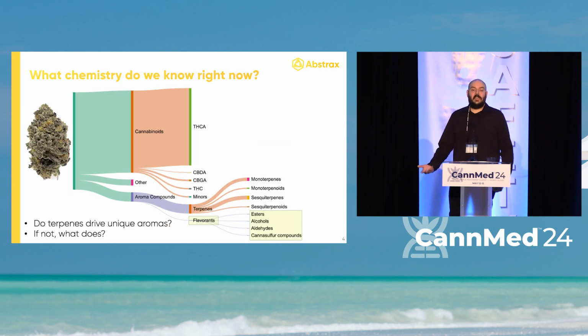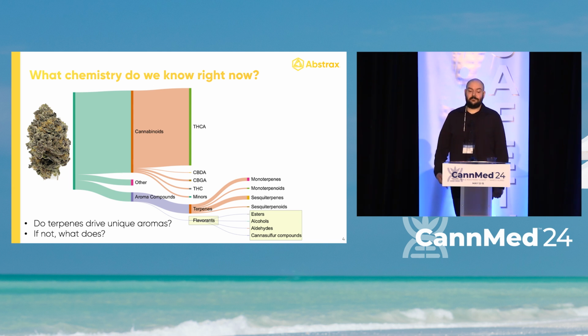And so what is some of the chemistry that we know right now? A lot of it, and this is a Sankey diagram. What a Sankey diagram does is it breaks down the metabolites of interest into how they are based on weight. And so these are proportional to the weight that's inside the actual cannabis flower material. Obviously, cannabinoids take up a large portion of it, specifically THCA, because what I'm looking at today is high